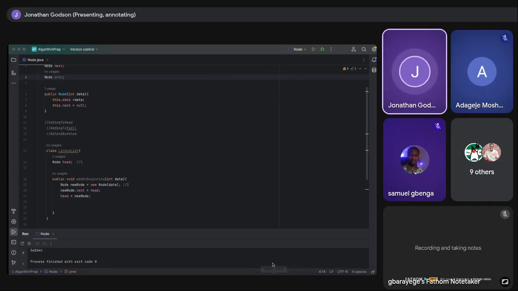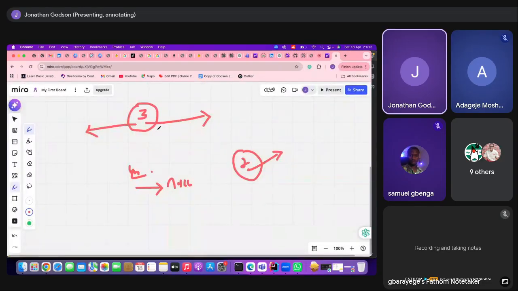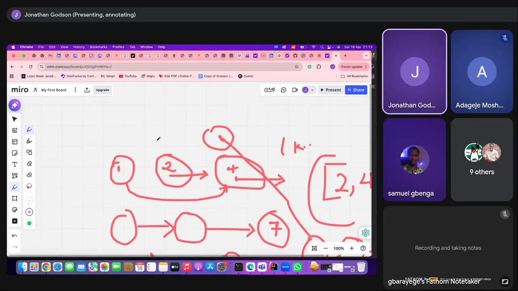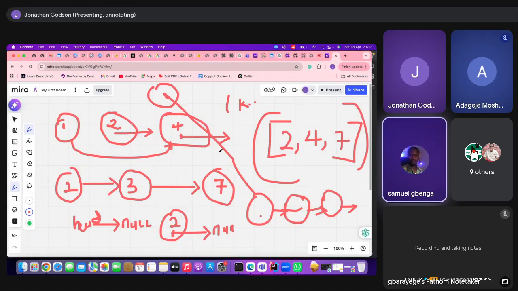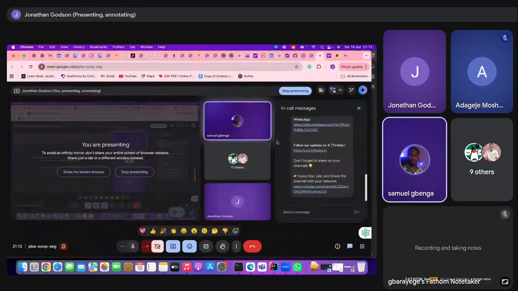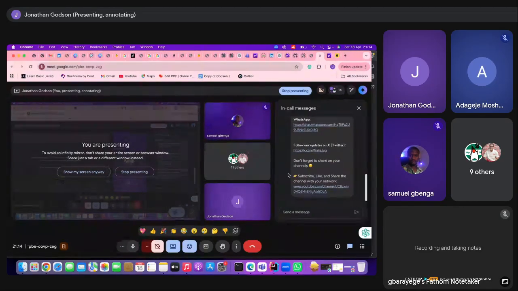So how do we get the value? If it is not null, how do we get the value in it? Let's say I have 2 here and I have 3 here. How do I get the value here? How do I get these 2? Reference of the next reference. So if we do